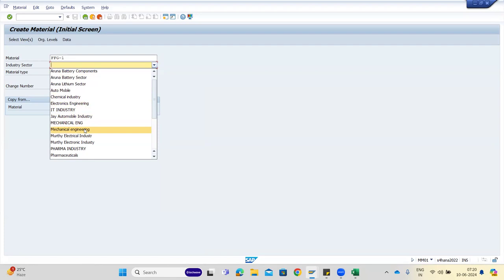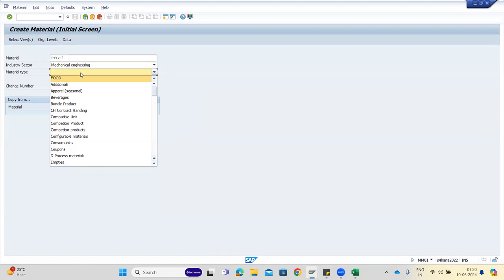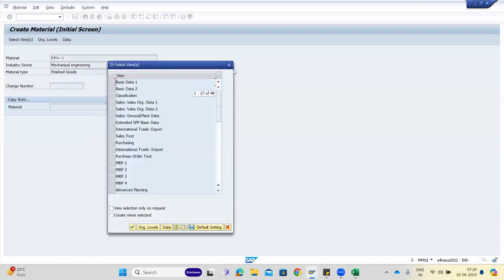This activity is done by the MM or P2P consultant, but we need to know how to create a material, because we have MRP 4 views, the scheduling view as well as the quality view. So let's say this is a finished good. Generally, materials will be created by the MM person, and then whichever module is there,